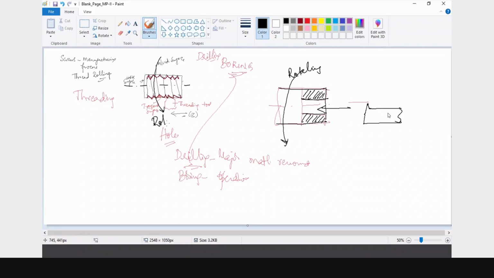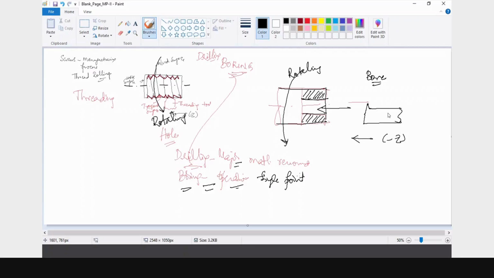So the tool will be moving in this direction, minus Z. So it is going to clean the surface in order to make a bore. Again, as I told you, boring is a single point cutting tool operation. Please don't get confused. Drilling is multi-point, boring will be single point. Okay, so these are some of the operations which can be done on a lathe machine. Right?